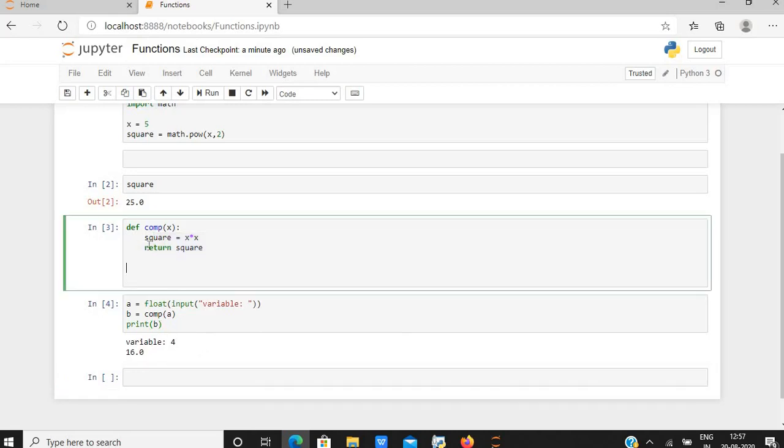Now let us understand this code. Basically here I have defined a function for a square value. For defining a function we need to give def and then the function name and in brackets the variable to be used. Here we need to give a proper indentation. As in the square function we need to multiply the number by itself, I am making it x into x and returning the value of the square. Now for calling a function I have taken an input from a user, that is input variable, and converted it into float by typecasting. Then I have called the function with the value a, which we will be getting from the user, and printing it, and thus I am getting the square of the number.